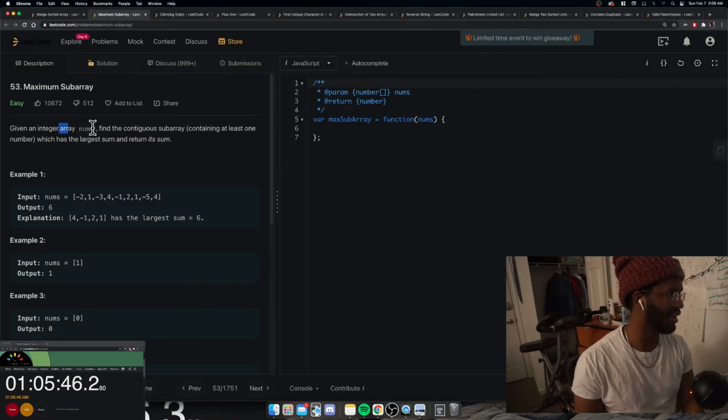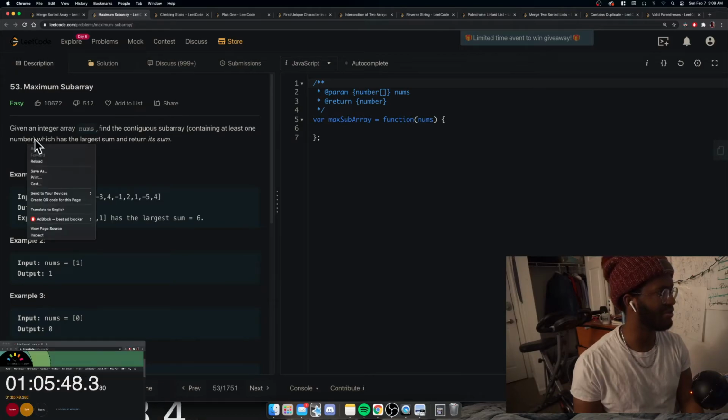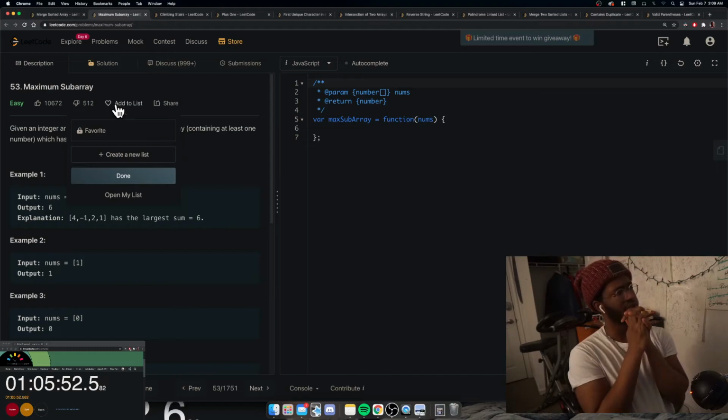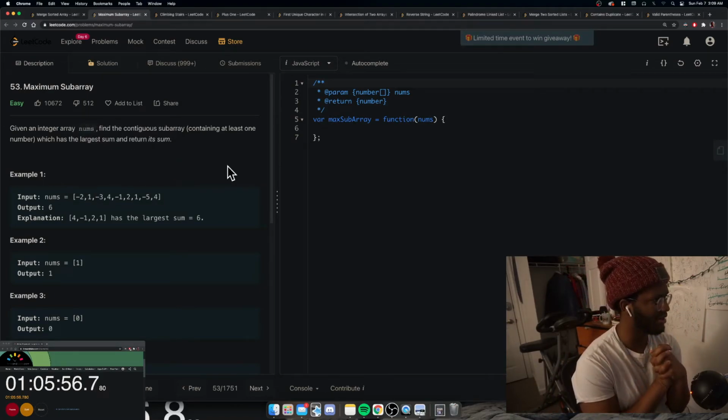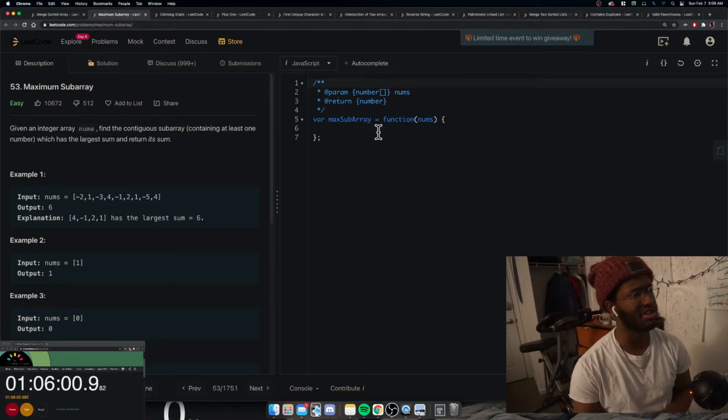Given an integer array nums, find the contiguous subarray containing at least one number which has the largest sum and return its sum. Interesting. This is definitely sliding window pattern,